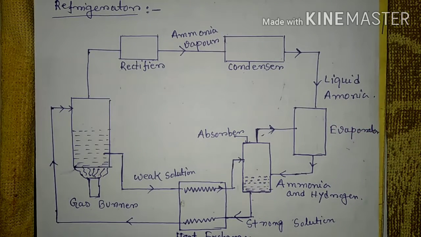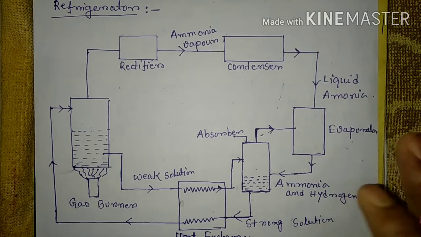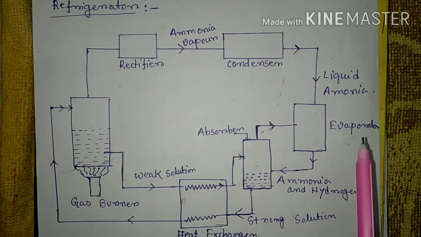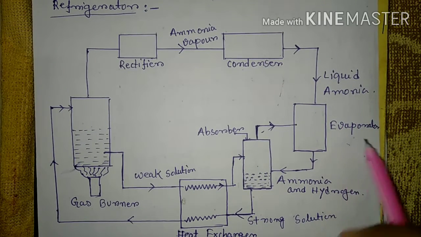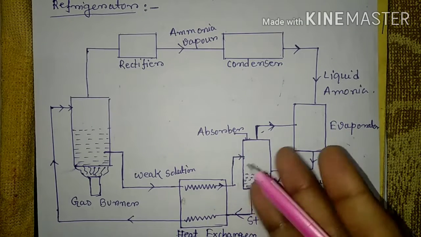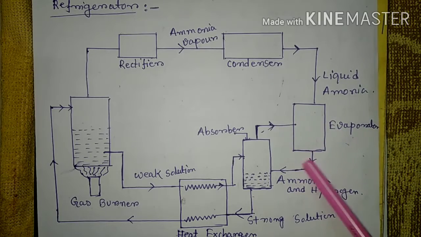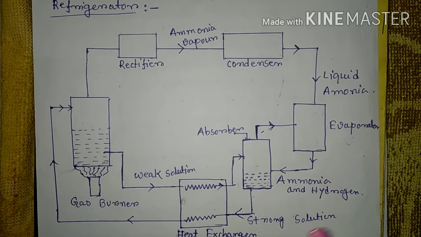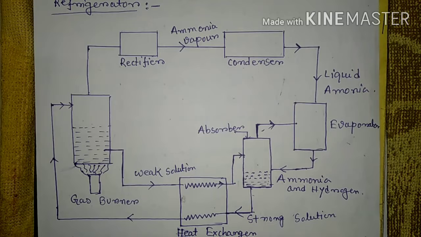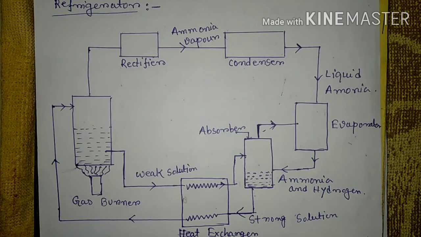Now this hydrogen is, as you know, non-corrosive in nature and insoluble in water. It is used in the low pressure side of the system, because as you know there are two sides, a low pressure side and a high pressure side, and hydrogen is used in the low pressure side. So up to this you can conclude that it's basically a three-fluid absorbent refrigeration system, and its main purpose is to eliminate the pump, so that in the absence of moving parts, the machine